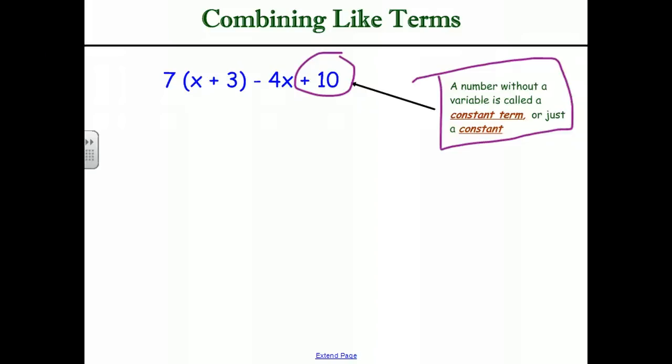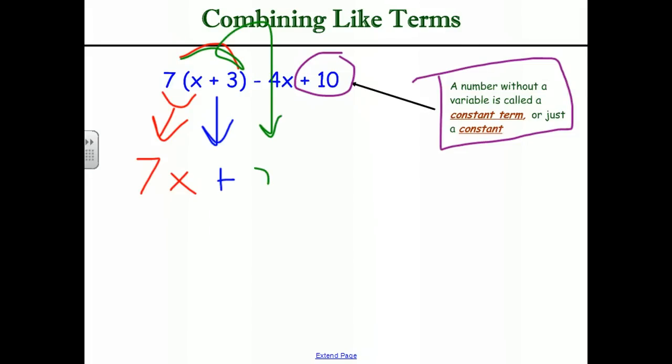Well, we need to start with the distributive property, 7 times x and 7 times 3. 7 times x is just 7x. Bring down the plus sign. And our 7 times 3 is now 21. We're going to keep, I'm going to write it in red now because it's a like term, minus 4x plus